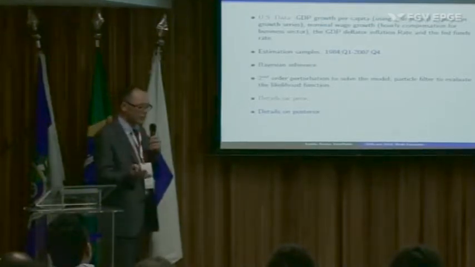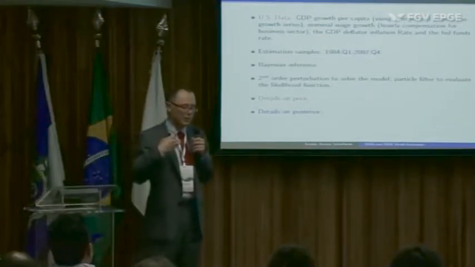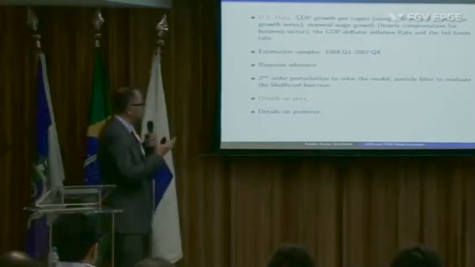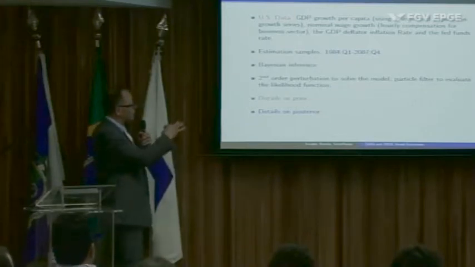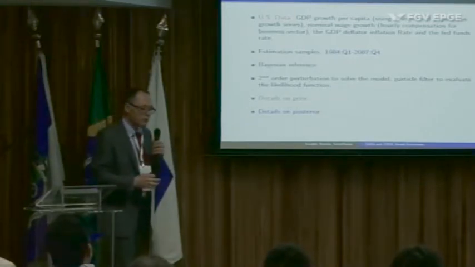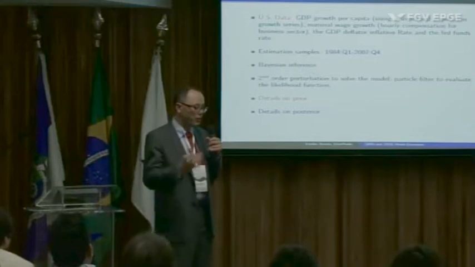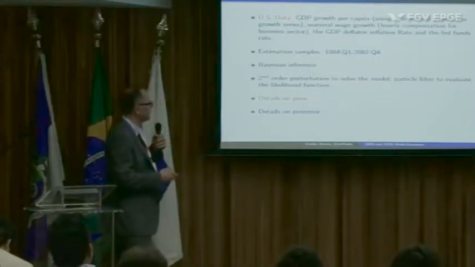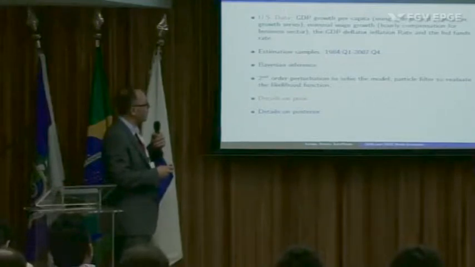The reason we're leaving out the Great Recession is that to reconcile the data with a model like this, you would need huge shocks, and we didn't want to have that